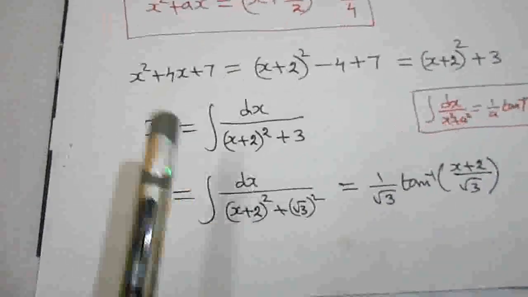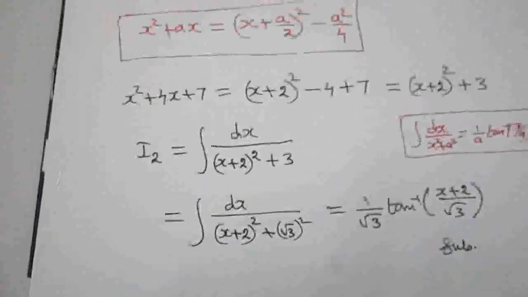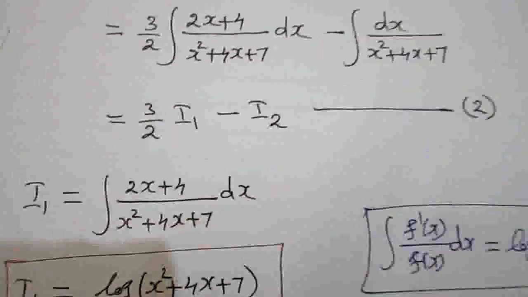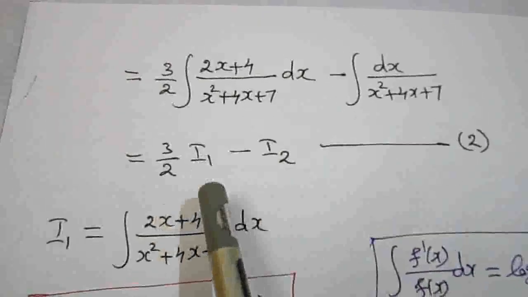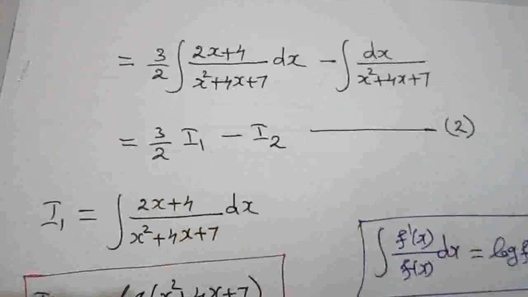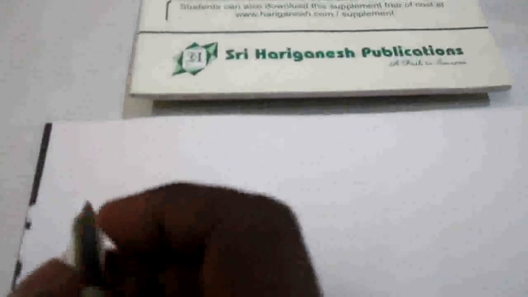So I found I1 and I2. Now substituting in the second equation. What is the second equation? This is the second equation. Here I am going to substitute the I1 value and the I2 value, and we will get the answer. So what is the second equation? The given integral